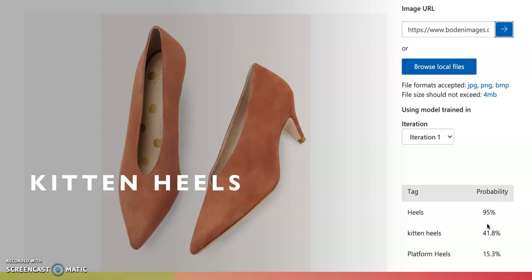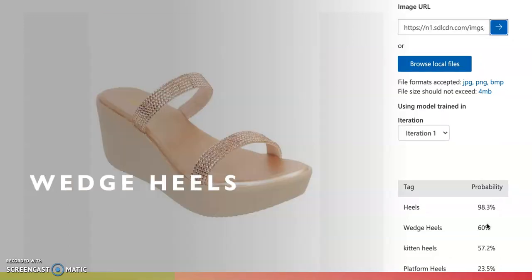Then for kitten heels, we can see 41.8% predicted correctly. And lastly, wedge heels: the wedge heels and kitten heels had nearly the same percentage, but there is a win for wedge heels. So it is predicting in the correct way.